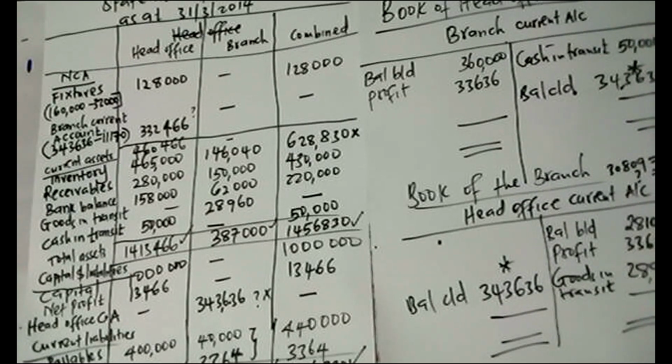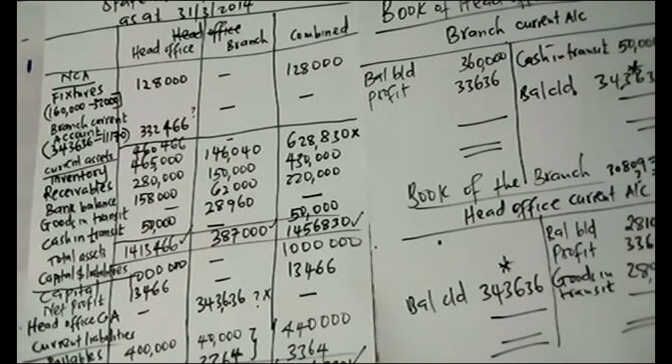Before we end the session for today, I would like to introduce foreign independent branches so that next time we do a question. When we talk about foreign independent branches, this is where, before you prepare the combined financial statements, the head office must translate the operations of the foreign branch to the reporting currency of the head office. This is according to International Accounting Standard 21.